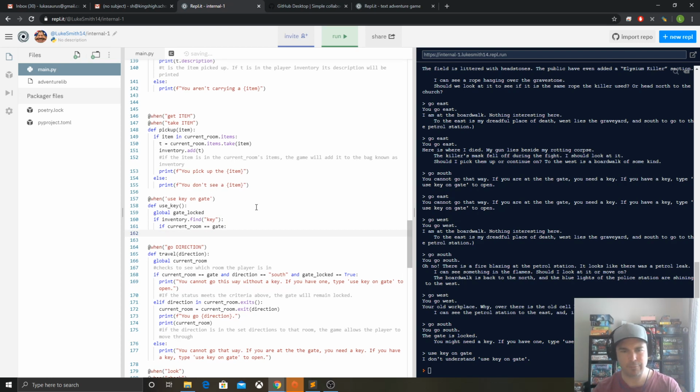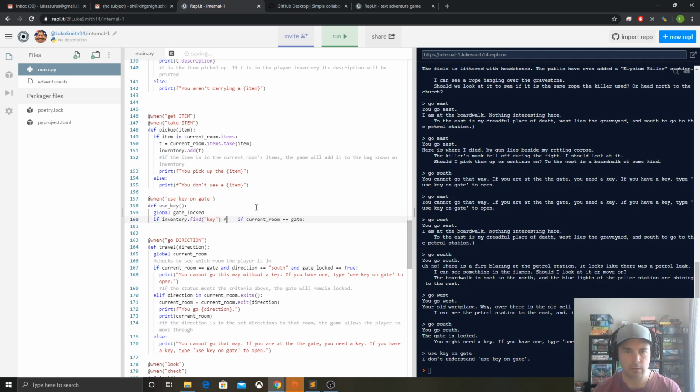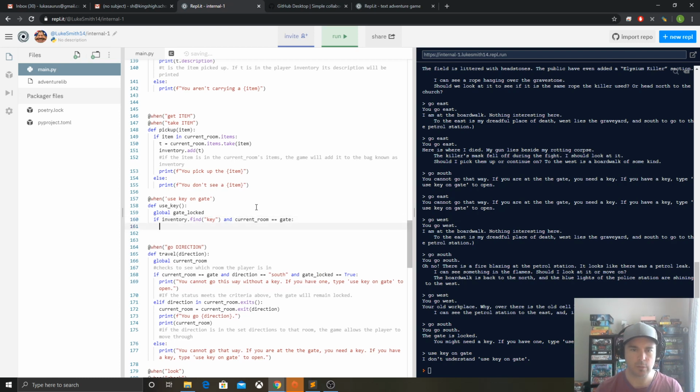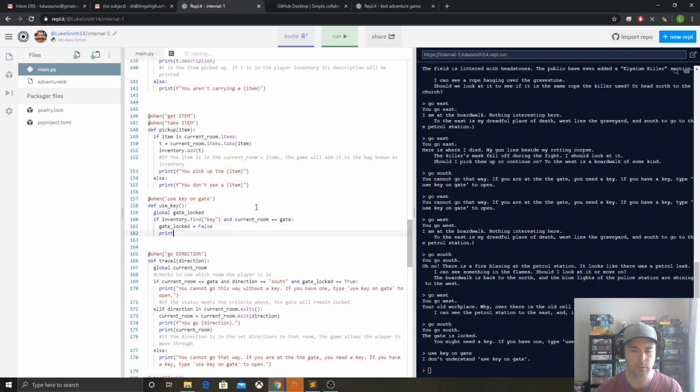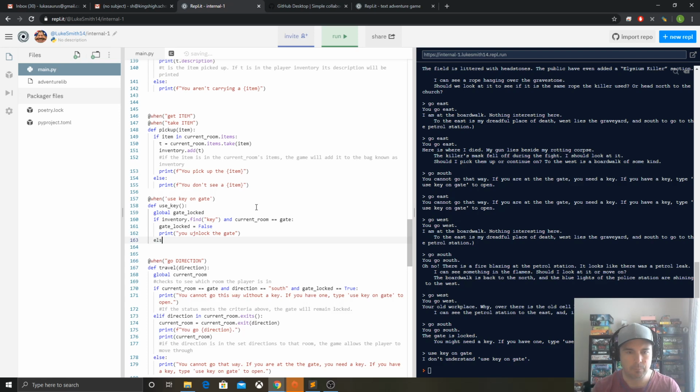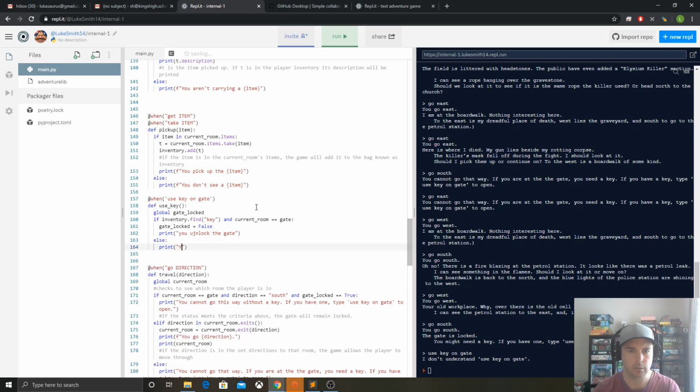Use key on gate, if inventory.find, I'll do it this way, and current room equals gate, then gate locked equals false, print you unlock the gate. I'm not going to correct my spelling mistakes now. Else print you can't do that here.